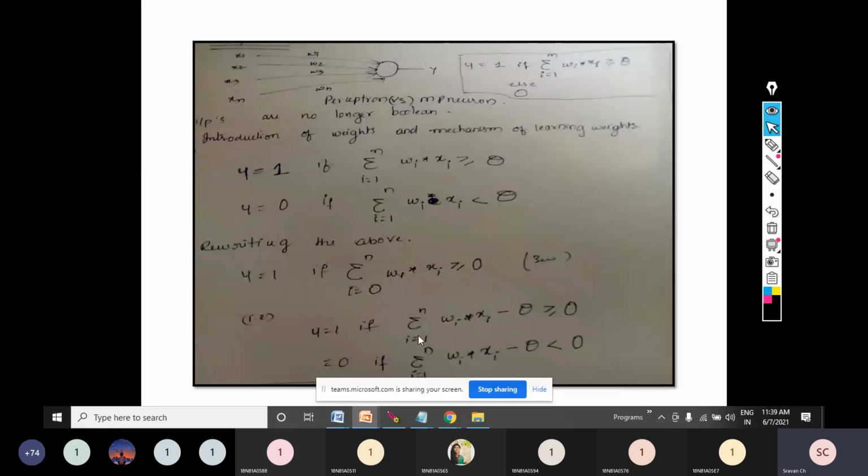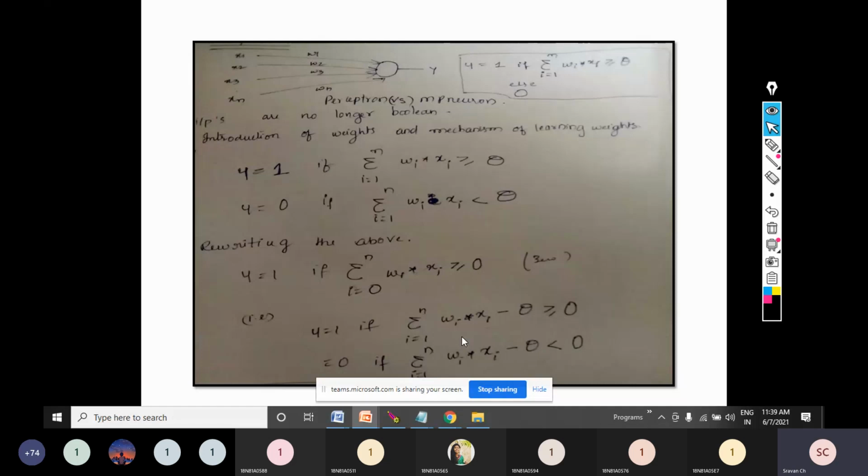Once again, I'll tell you. So I'll take an example, the same example which we discussed in the last class. Let us assume x1, x2, x3 represent different parameters, and w1, w2, w3 are certain weights for every parameter. Now output y equal to 1 means I will buy a product. Suppose I am doing an online shopping. Output y equal to 0 means I will not buy the product.